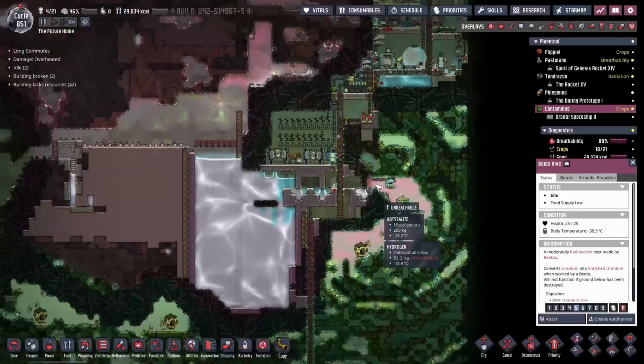Oh, goodness me. So here's what I think I'm going to do. I'm going to let them build this, and I'm going to let them get the bulk of this done. So I need to run the tiles down to here. I need to run these tiles to here and down to here. So this heavy watt wire here,